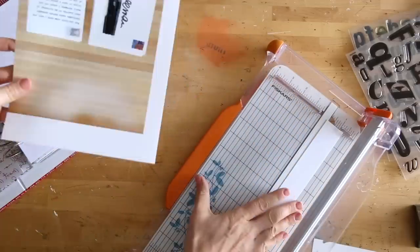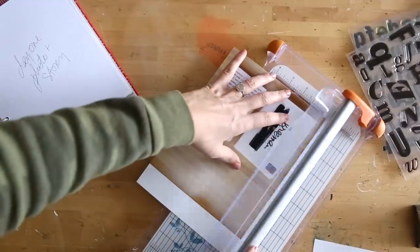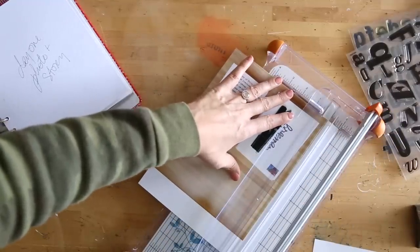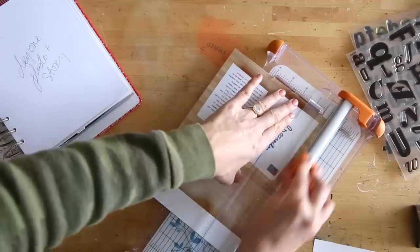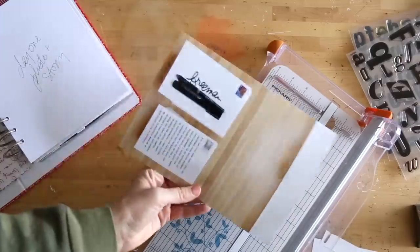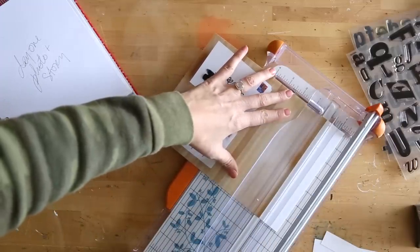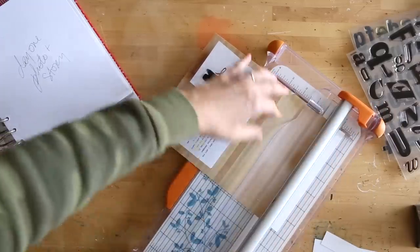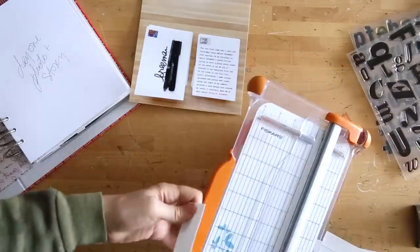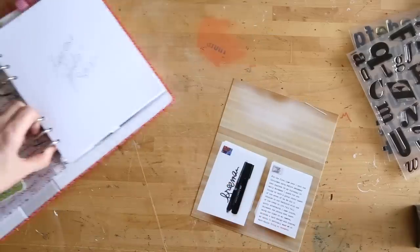So what I want to put on the top is some sort of a title, some sort of a sentiment. I keep thinking of something celebratory because I'm celebrating the fact that I sent out Christmas cards early, which made me very happy. Let's see. So I'm still kind of thinking about that, but "yeah" is what kept coming to mind. I thought about big giant letter stickers, but I think what I'm going to try to do is stamp on here